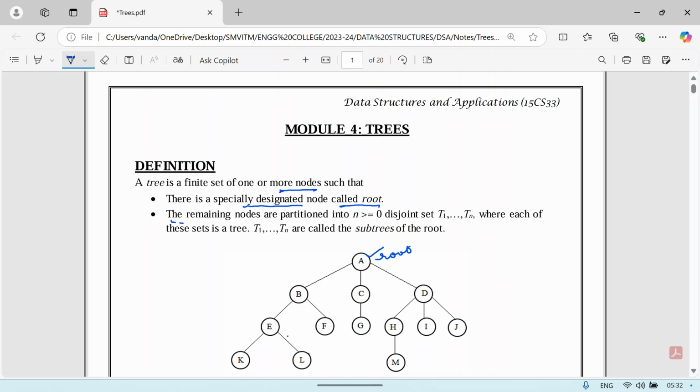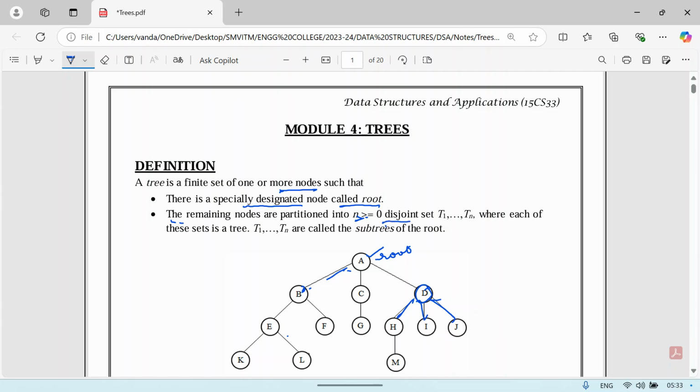And the remaining nodes are partitioned into n greater than or equal to 0 disjoint sets. See, here the remaining nodes, that means B, C, D, all this, they are divided and become other parts, right? So again, if you remember, I told you that there is a main root and some other nodes, and when they have their own nodes after them,